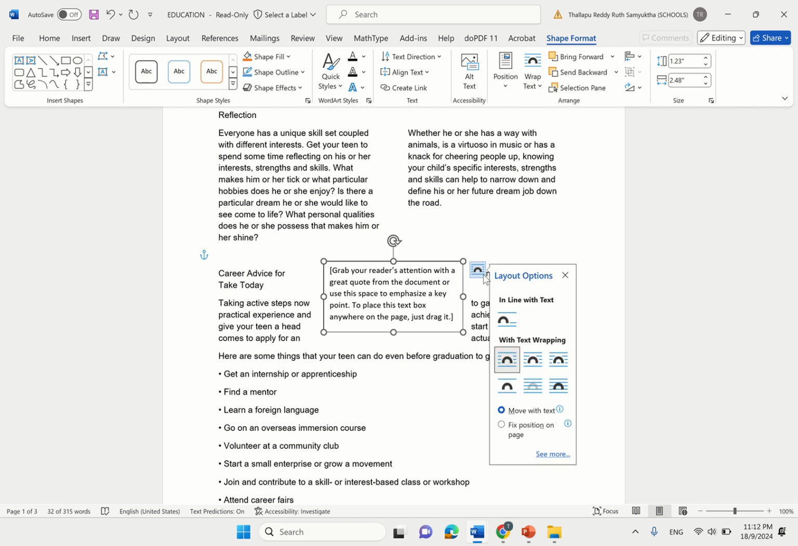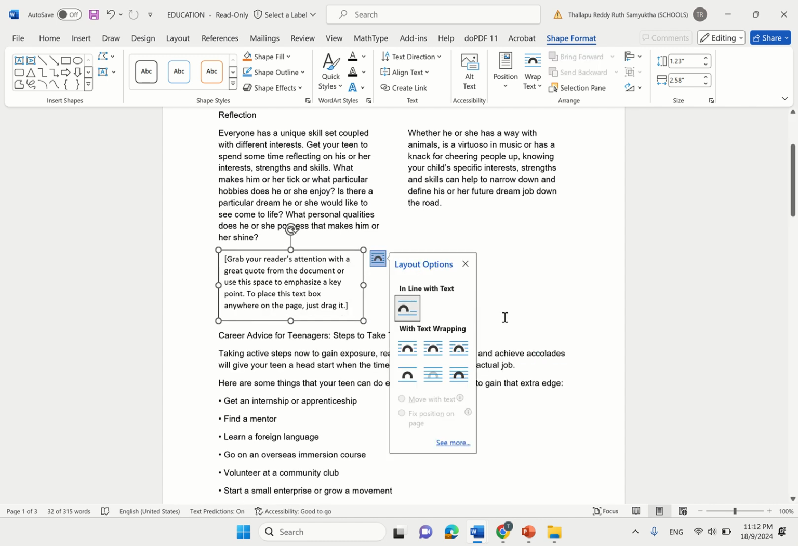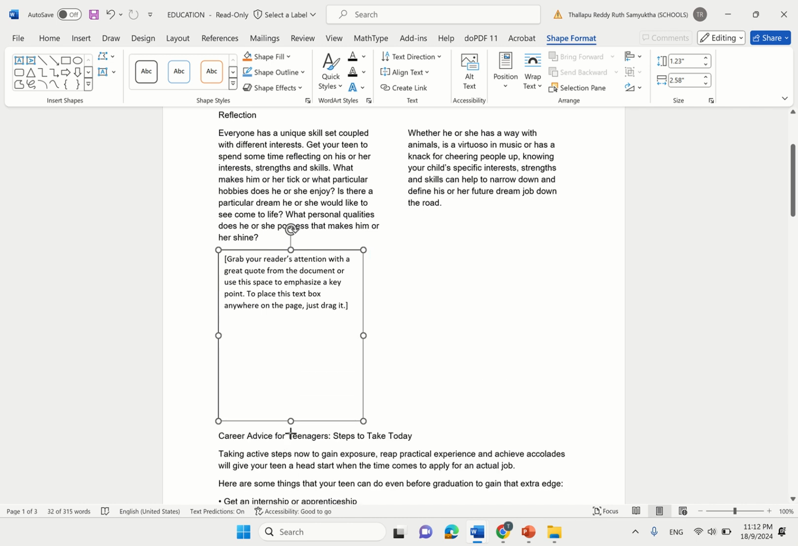So I can change my layout over here. Instead of being a square as it is right now, I can change it to be In Line with Text. This will automatically shift it all the way to the right and shift it between my lines instead of in the middle of them. So now I have it here. I'm going to resize it to be a little bit bigger